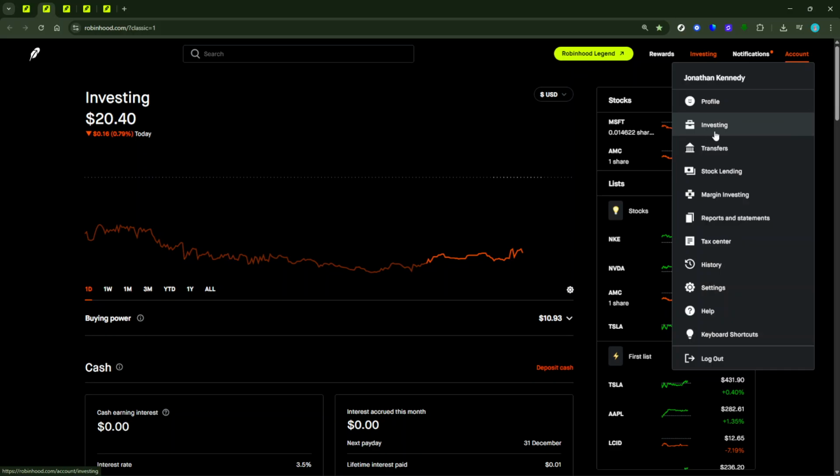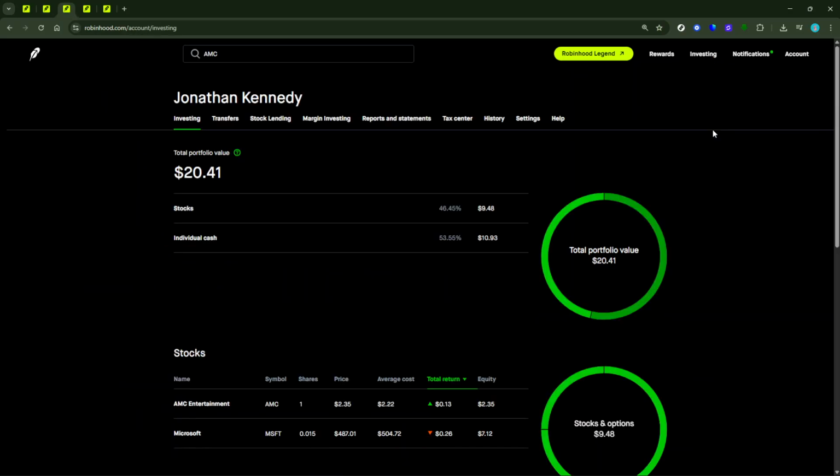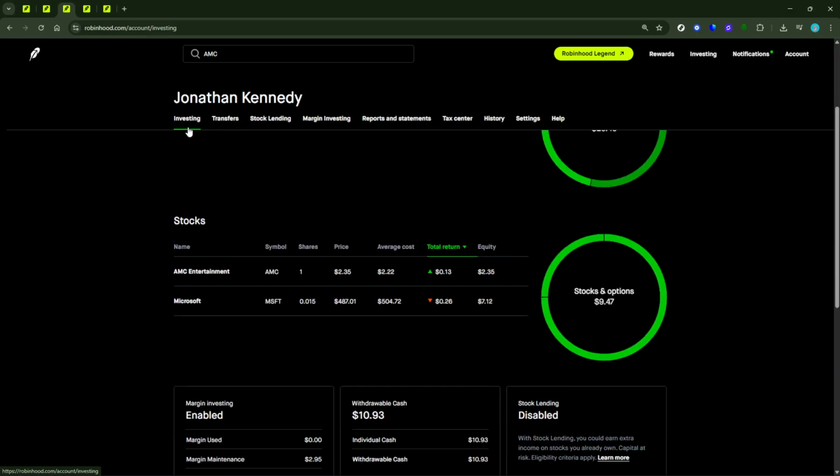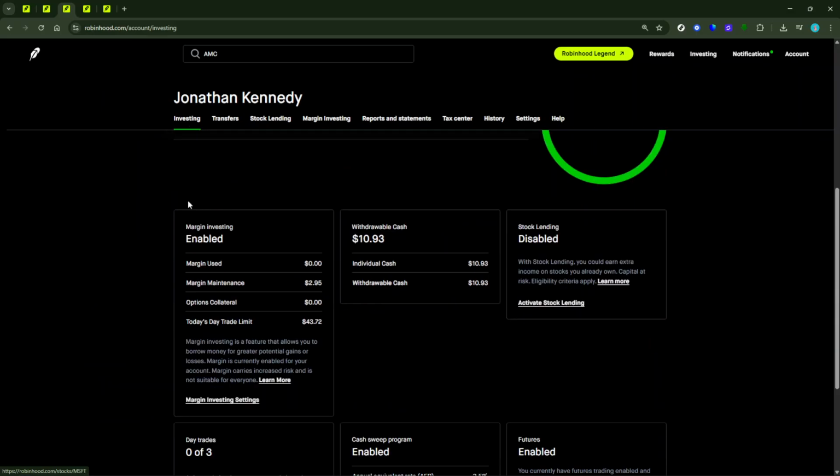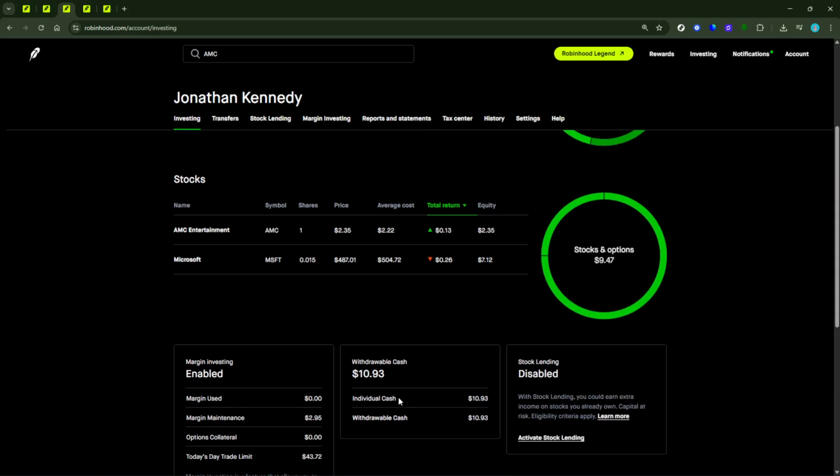Now that you're on the investing page, look for an option that says Enable Margin. When you click this, Robinhood will present you with their margin agreement. Take a moment to read through this document carefully. Understanding the terms is key before moving forward. If everything looks good and you're ready to proceed, go ahead and accept the agreement to activate margin investing on